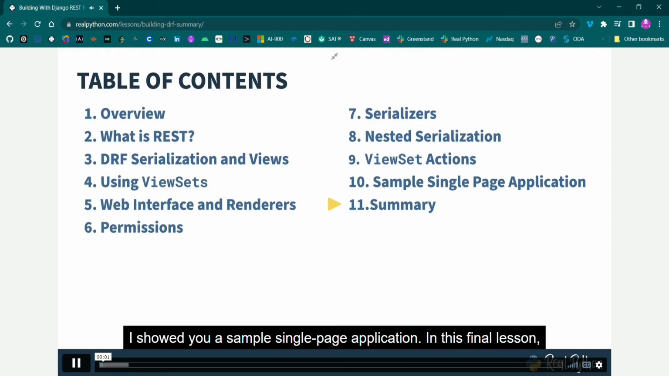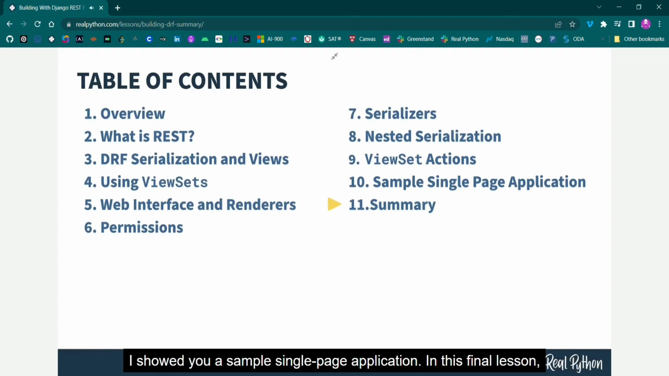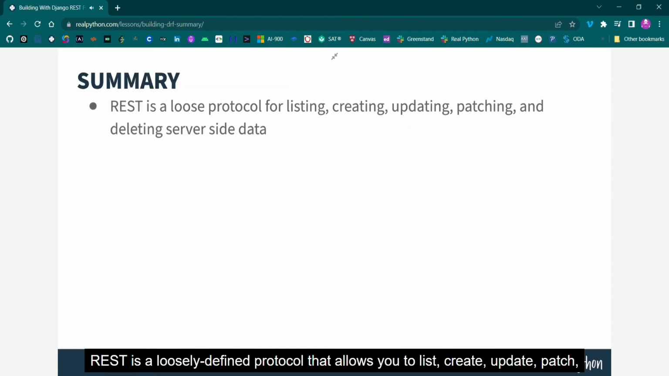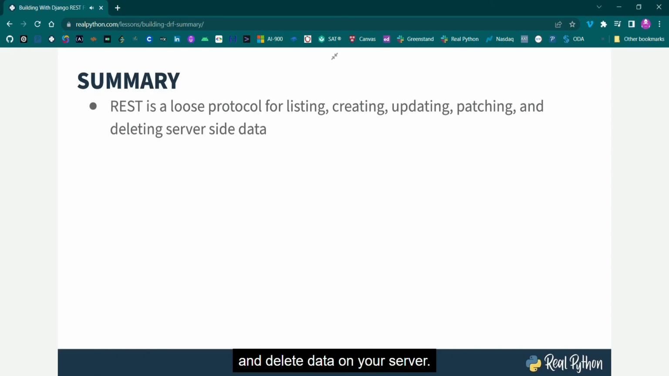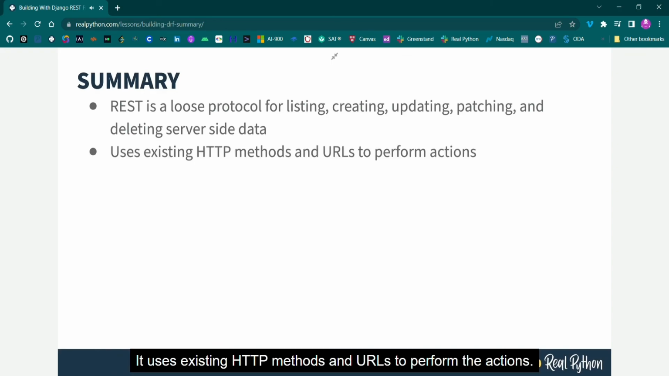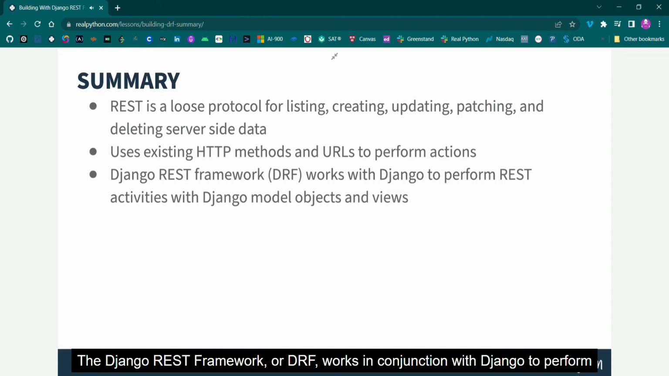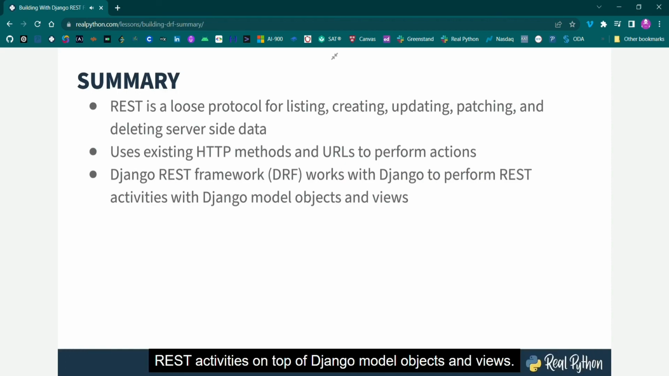In the previous lesson, I showed you a sample single-page application. In this final lesson, I'll summarize what you've learned. REST is a loosely defined protocol that allows you to list, create, update, patch, and delete data on your server. It uses existing HTTP methods and URLs to perform the actions. The Django REST framework, or DRF, works in conjunction with Django to perform REST activities on top of Django model